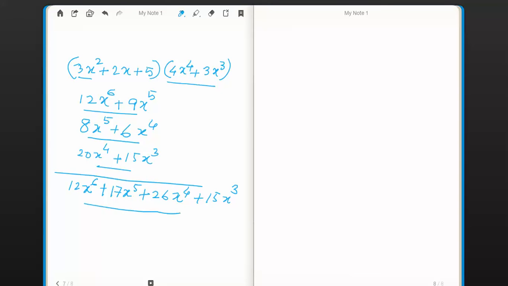So this is what we want, and if these two polynomials are given as input, this is what we want as output. Now, for multiplying each term of the first polynomial with each term of the second polynomial, we would need a loop. So we would need a nested loop in which the outer loop would run as many times as there are terms in the first polynomial, and in each iteration of the outer loop we would multiply